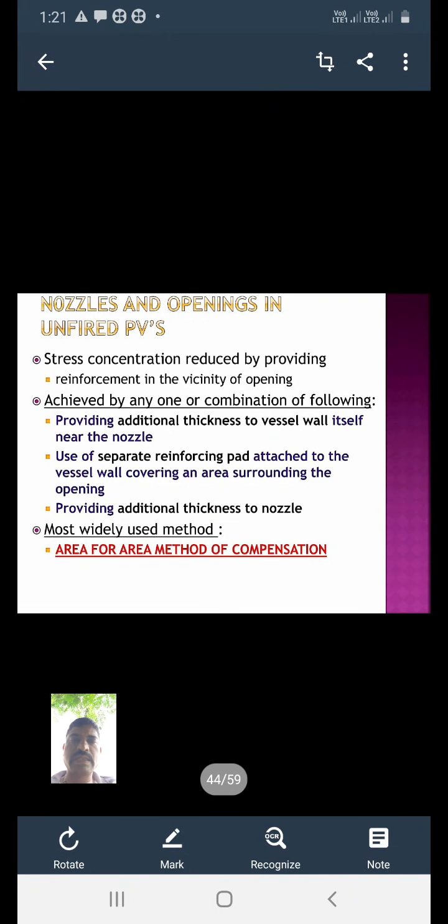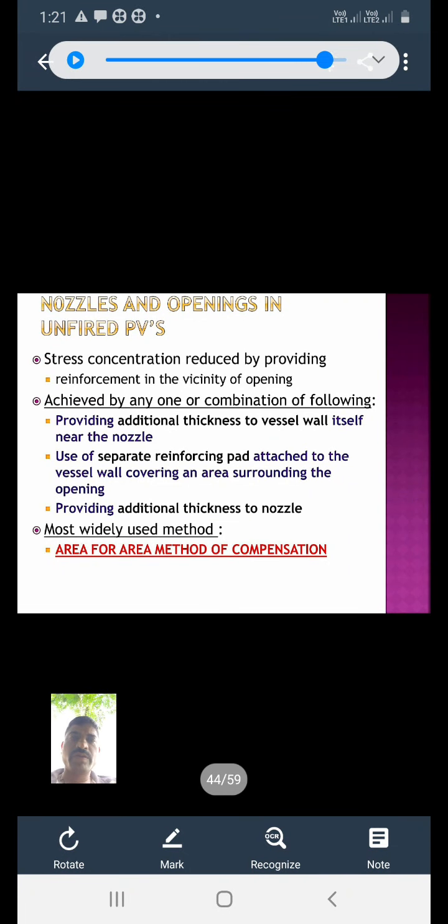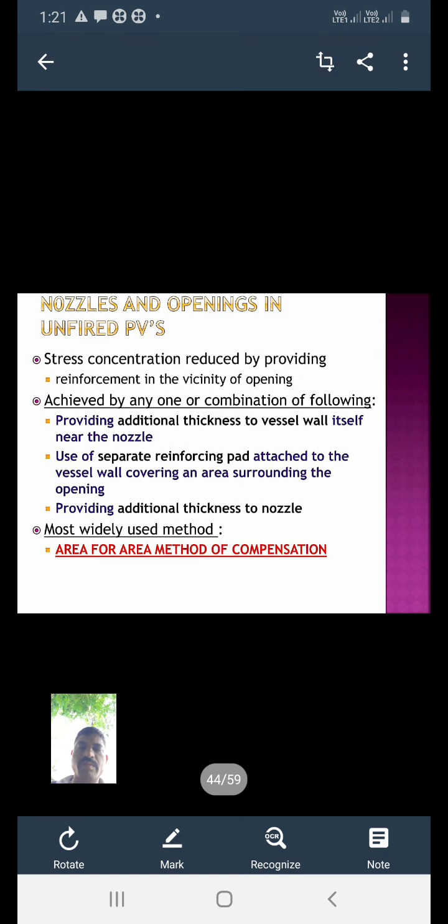Today is the last lecture of unit number 4. We will complete unit number 4 in today's lecture. Okay, in the last lecture we have seen the design of nozzle and openings